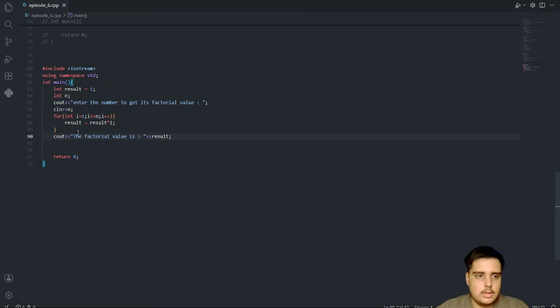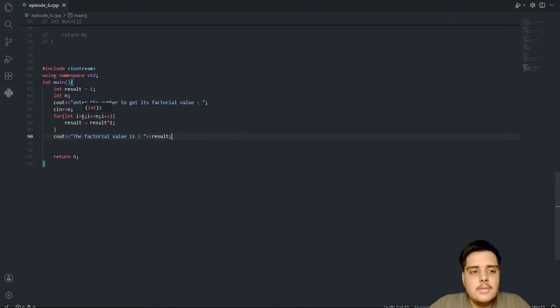I believe yes, done. So let's say if the given number is 5, so 5 will come into n and result is 1. So firstly int i is equal to 1. So the result becomes 1 into 1, and then again the loop continues.